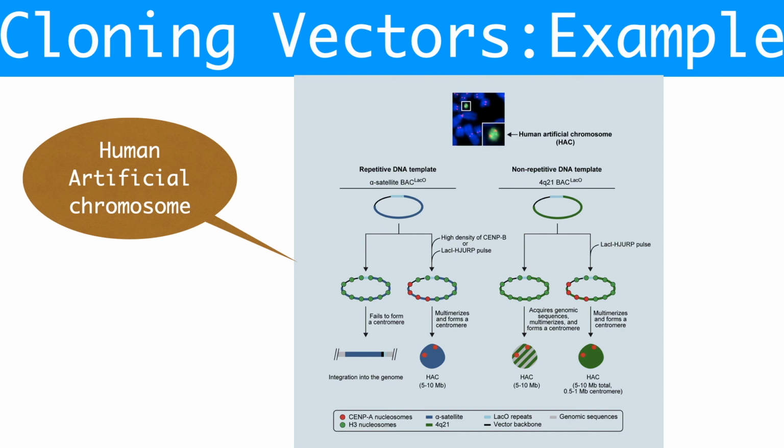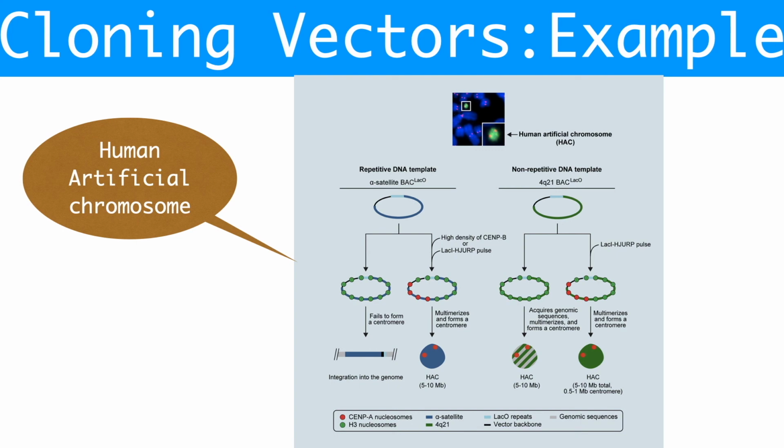Usually in recombinant DNA technology and other vectors we use in gene cloning, they have the ability to express only a small fragment of DNA or gene, but HAC is commonly used because it can accept a large fragment of genomic material. Therefore, HACs have been used to create transgenic animals, and